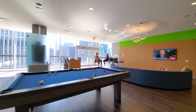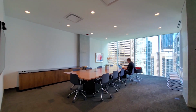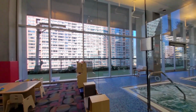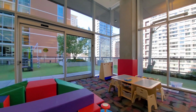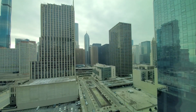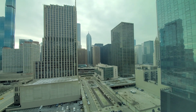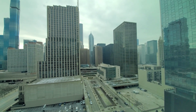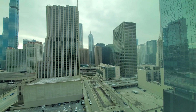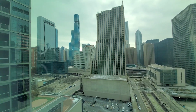The 20th floor has a generously sized resident lounge with gaming areas and a conference room and co-working space. Optima has an indoor children's playroom and an outdoor play area next to a private dog park. I'm at apartment 1408, a southeast corner, 2-bedroom, 2-bath, looking through floor-to-ceiling windows with roller shades toward Michigan Avenue's Mag Mile and the Riverwalk,